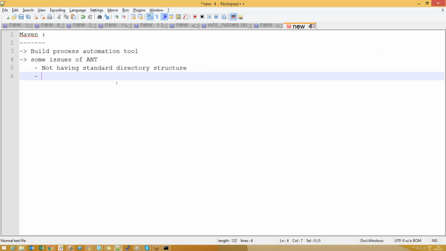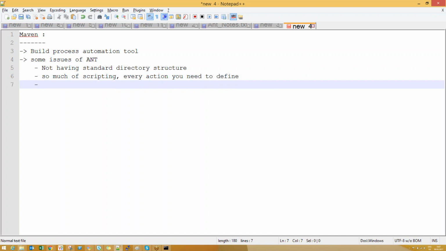And the second thing is so much scripting. Why so much scripting? Everything you need to write in the form of instructions. Every action you need to define in Ant. And the third thing,